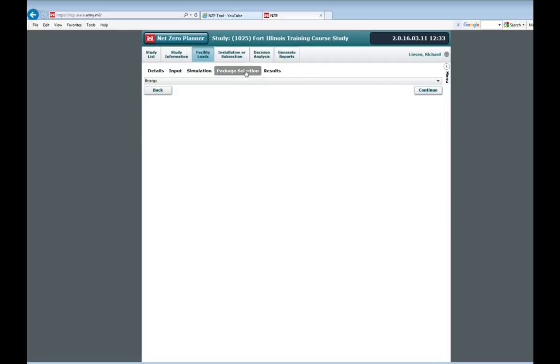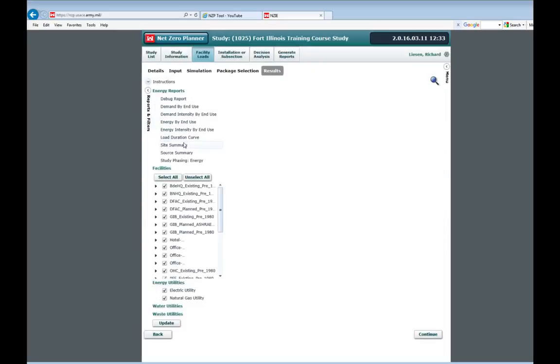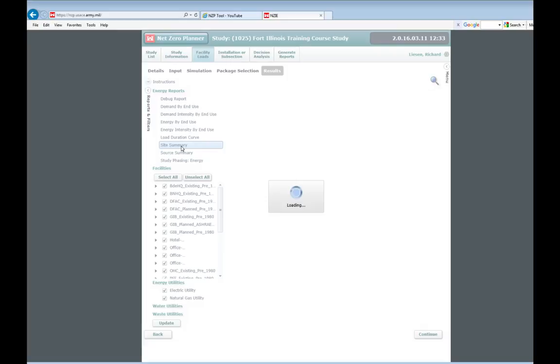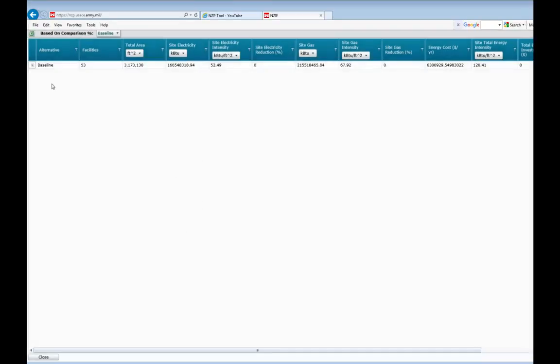When we get to the package selection, there really isn't one, because it's going to automatically assume the baseline package to show up in the results. And then we've started with the site summary, and we're going to look at those results again. What we see for our 53 facilities and about 3.2 million square feet,